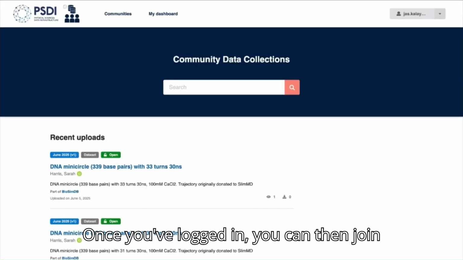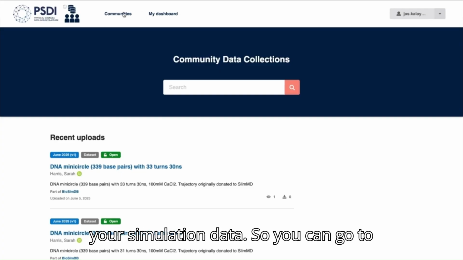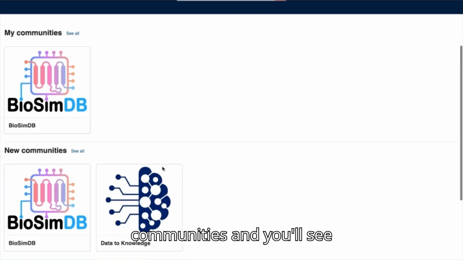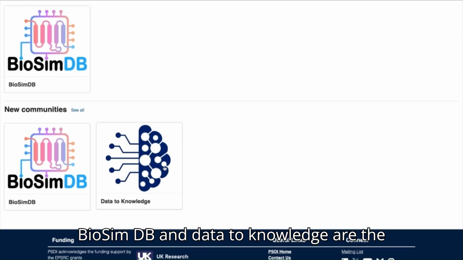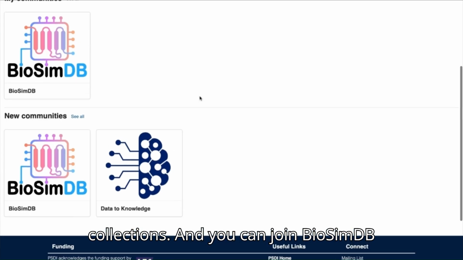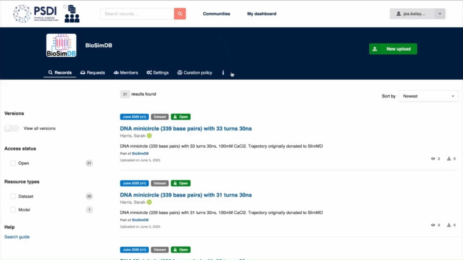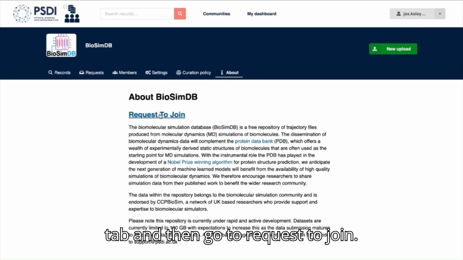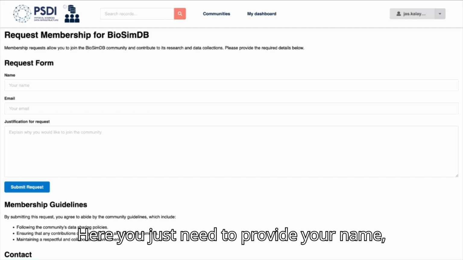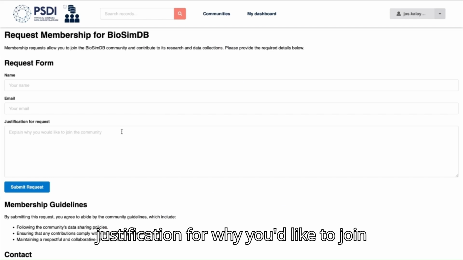Once you've logged in, you can then join the BioSimDB community to upload your simulation data. So you can go to communities and you'll see BioSimDB and Data to Knowledge are the current communities available in data collections. And you can join BioSimDB by going to the About tab and then go to Request to Join. Here you just need to provide your name, your email address, and a short justification for why you'd like to